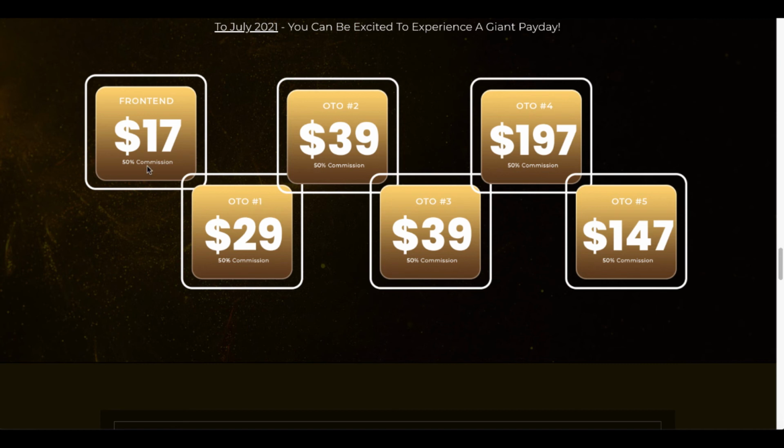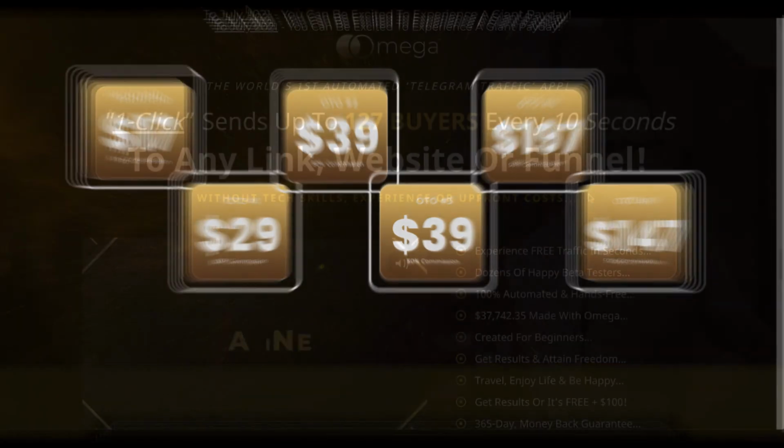You buy the front end for 17 bucks and then you are offered the unlimited edition, and then you are offered the Omega Done For You edition, and then you are offered the Omega Automated edition. Inside the Omega Automated edition, you'll be able to activate all the automation tools. Inside of this, they're going to do it for you. So they're going to set up all the stuff that needs to be set up to drive traffic to the people that you have your audience on your Telegram app. You will still need to build your audience. And of course, you get Omega for $17.